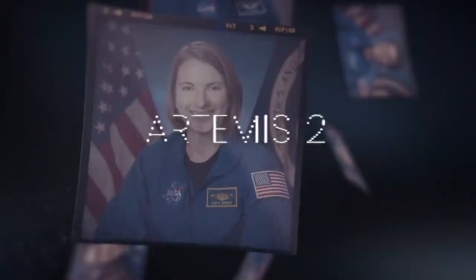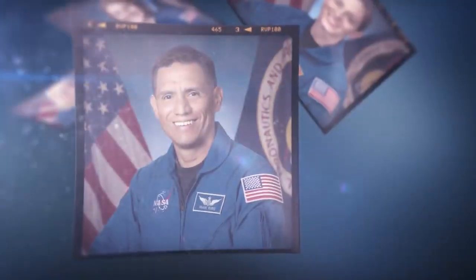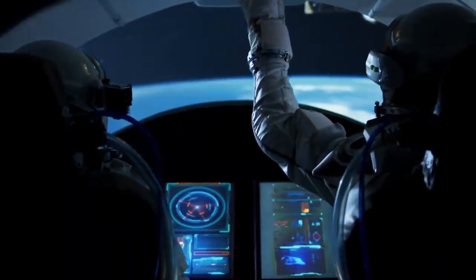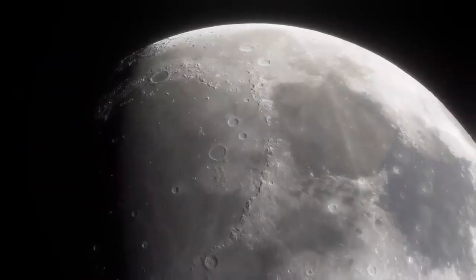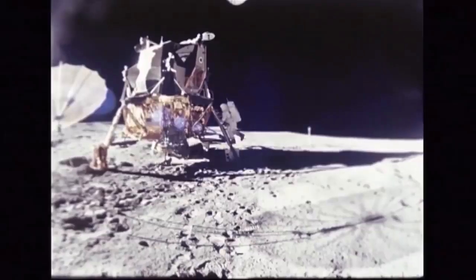The Artemis 2 mission, scheduled for 2022, will be the first crewed flight test. This mission will test whether Orion's critical life support systems are ready to sustain astronauts on longer duration missions in the future. It will take 4 astronauts bound for the lunar orbit. They will spend 4 days orbiting the moon and then head back home. This mission will be the final preparation for the all-important Artemis 3, which will then land humans on the lunar